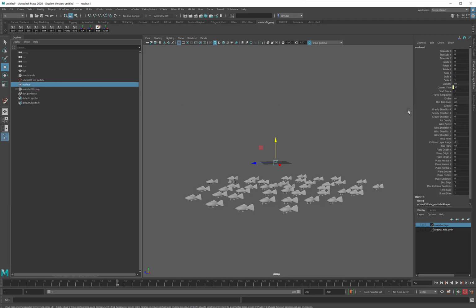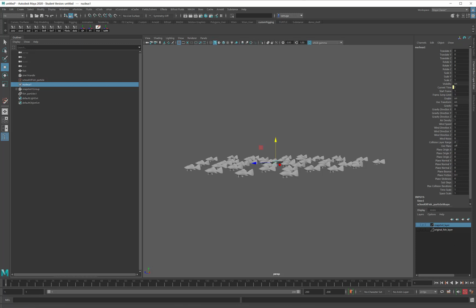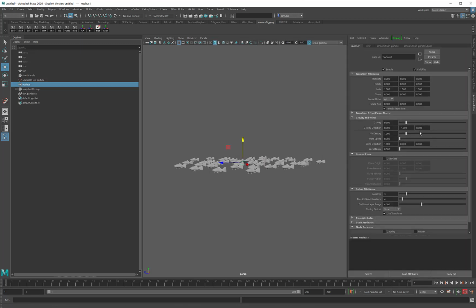So let's grab that nucleus node, reset this back to 0, pull over to my attribute editor, and because we are swimming in water, I think that I am going to turn off gravity. I'll use a little bit of air density, a little bit of wind speed, and let's throw in a little bit of wind noise as well. And perhaps my wind direction looks like it should be Z instead of X. So I'll zero out X, I'll put a 1 in Z, and now when I hit play,